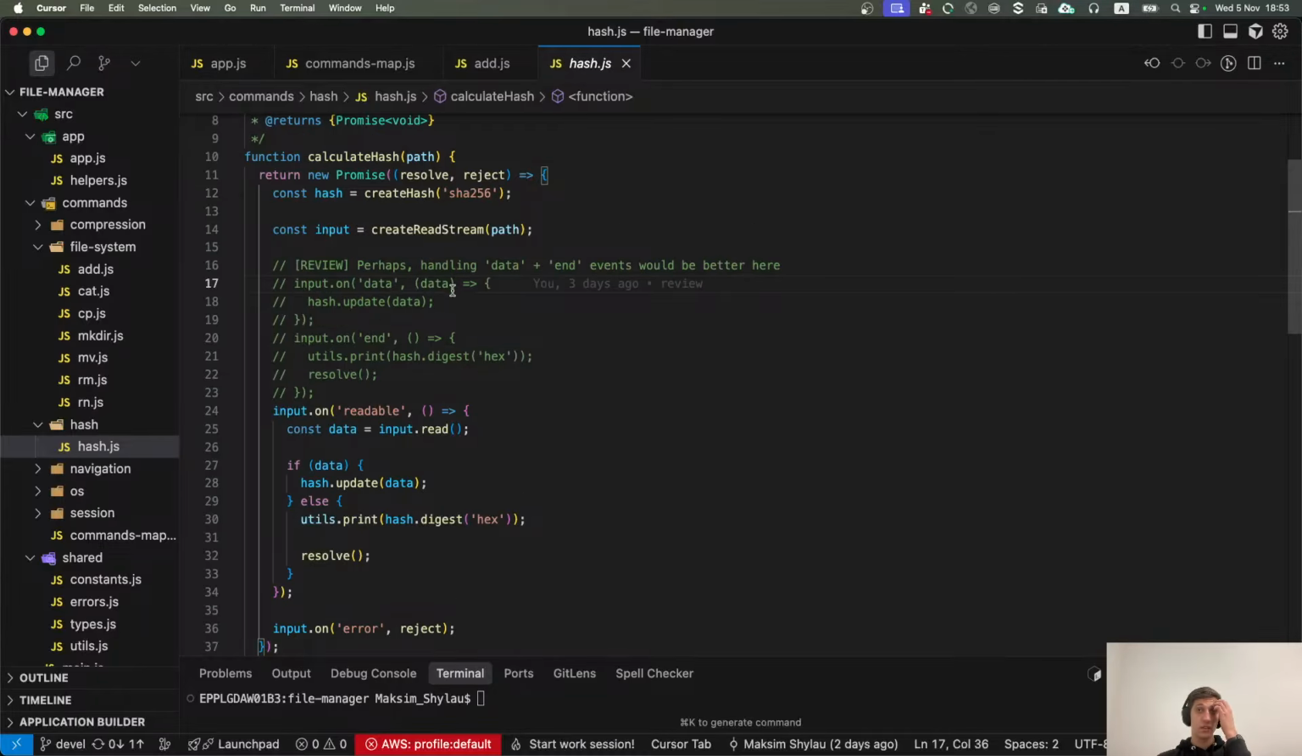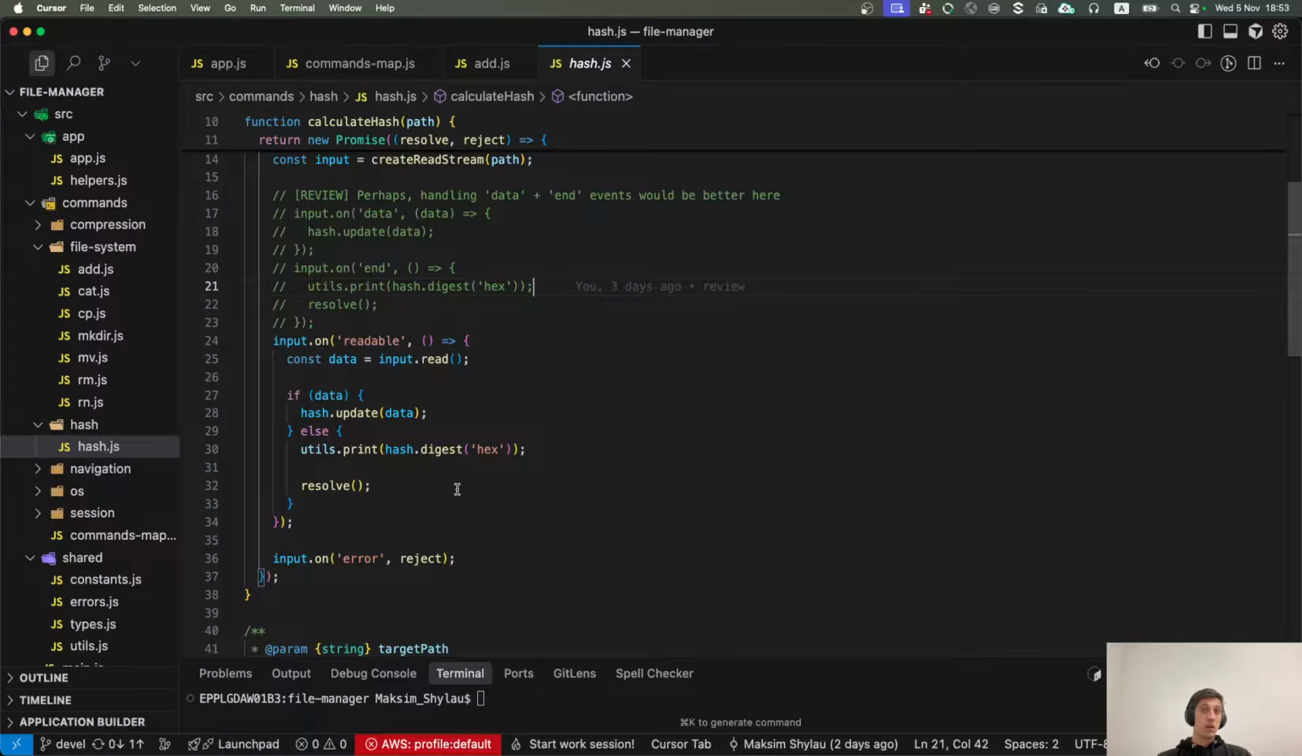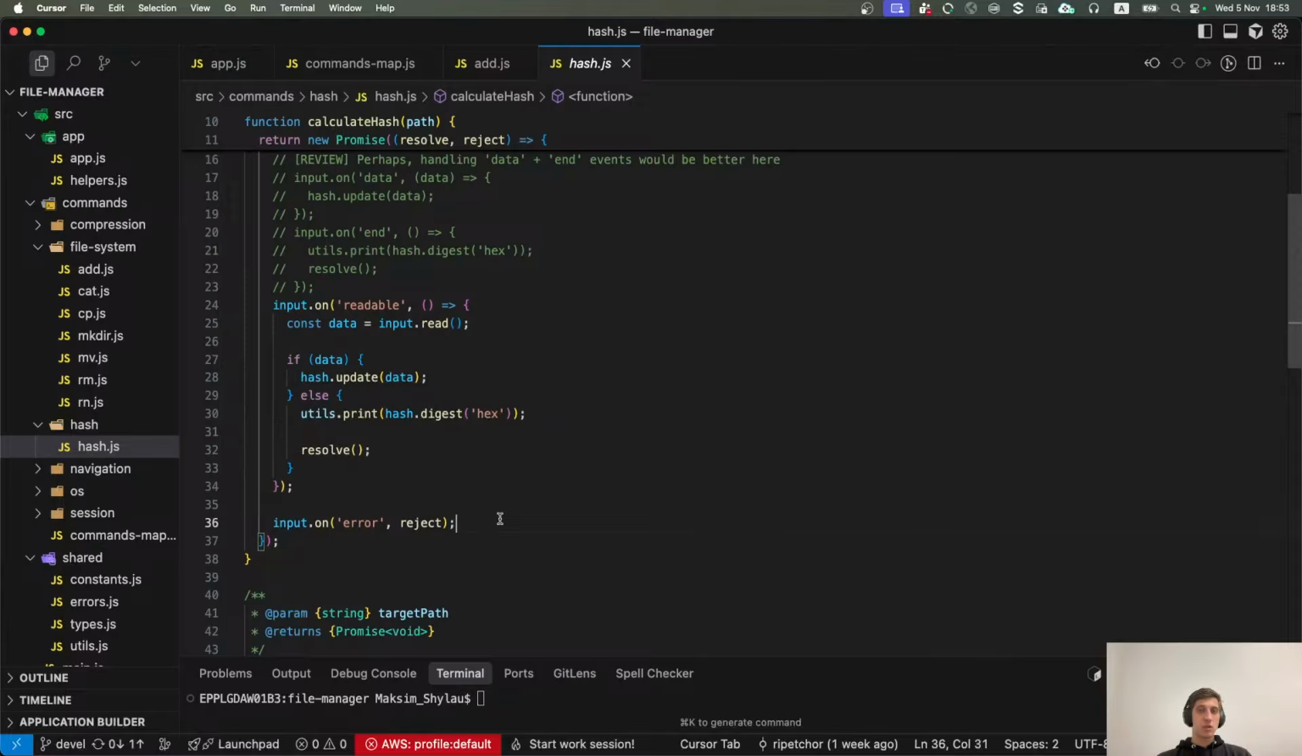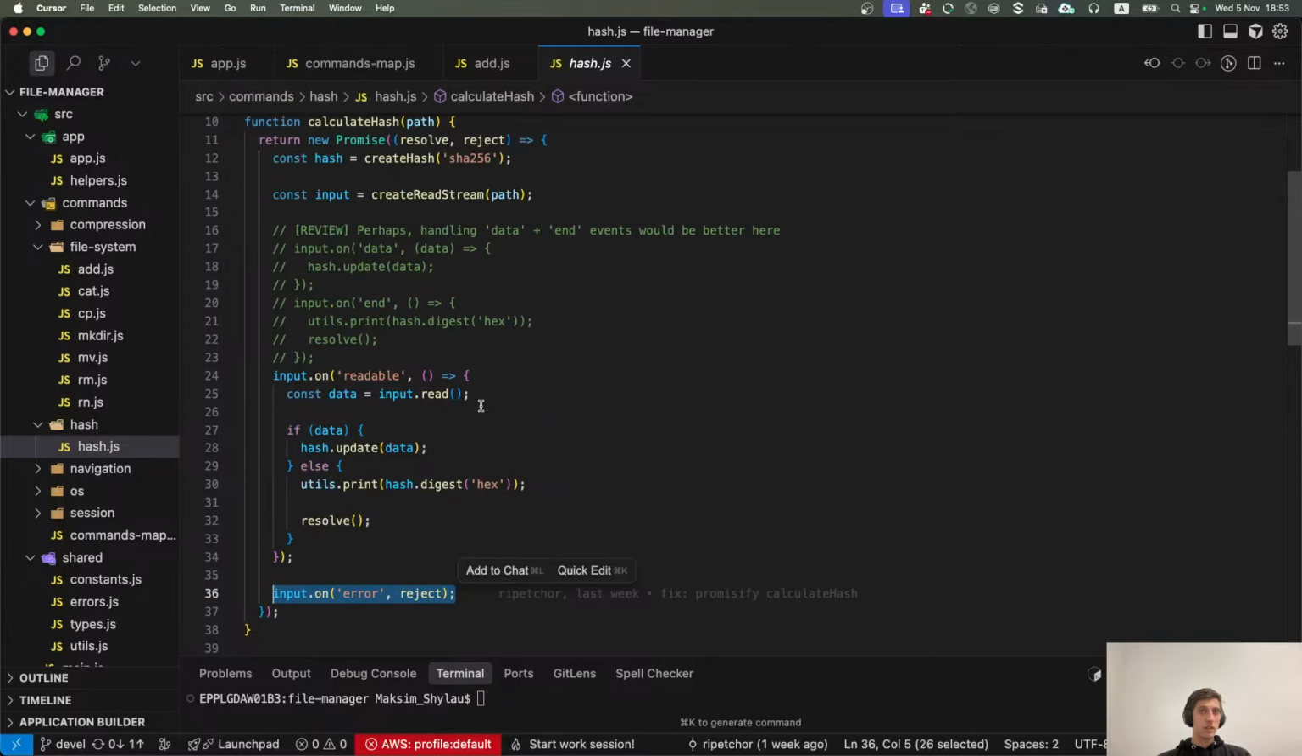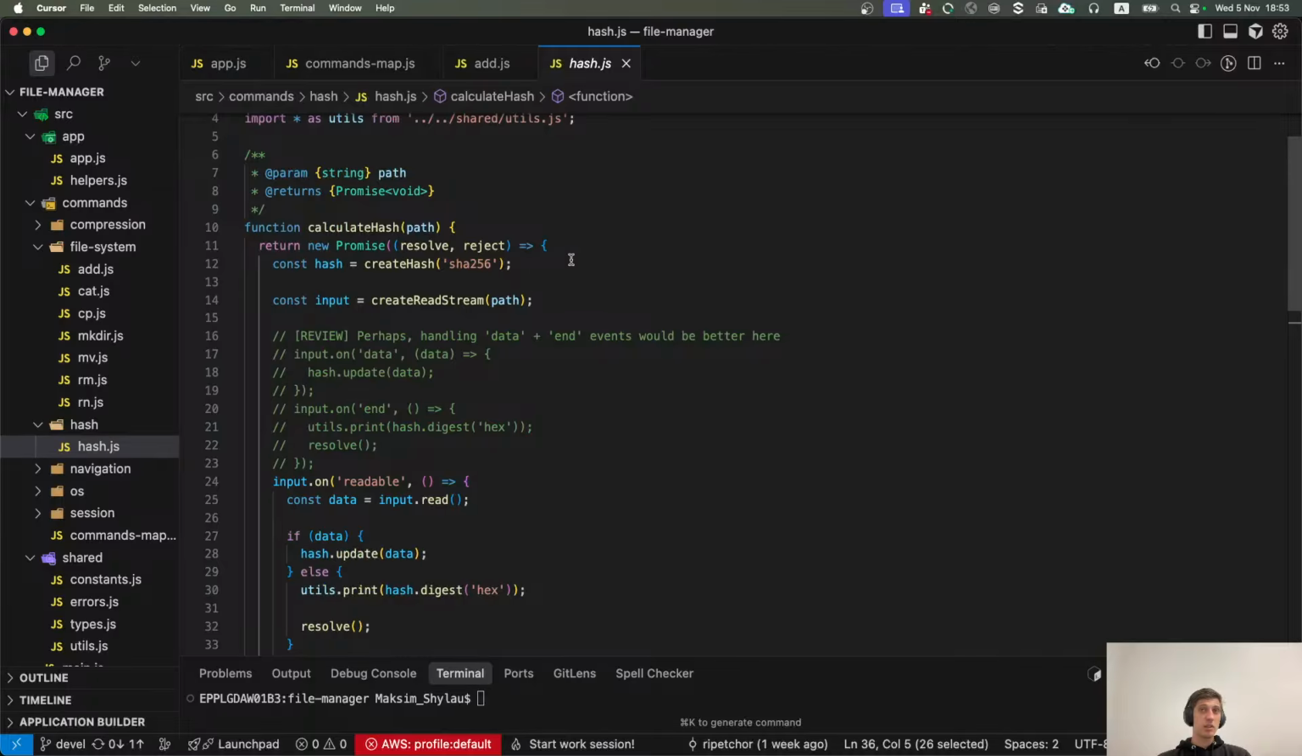You may handle the data event for hash updating, and also you can subscribe to the end event, and on the end event you print your ready hash to console. And subscription to the error event is okay. This is a place where using a promise is probably fine, but you could also use pipeline for this functionality,